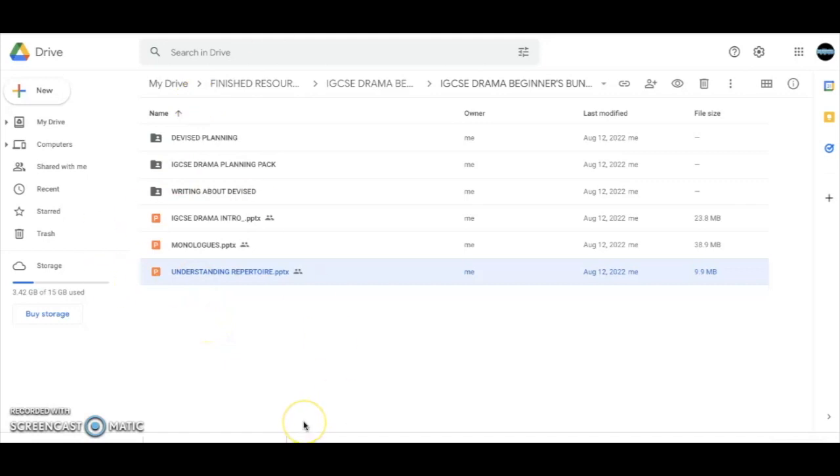So that's everything you get for £100, plus you get a consultation with me. And I'm not an examiner for IGCSE Drama. You're not allowed to examine if you don't actually live in England, and I don't live in England right now. But I have many years experience teaching IGCSE Drama, and people who have had consultations with me have fed back that they love them because they find me very